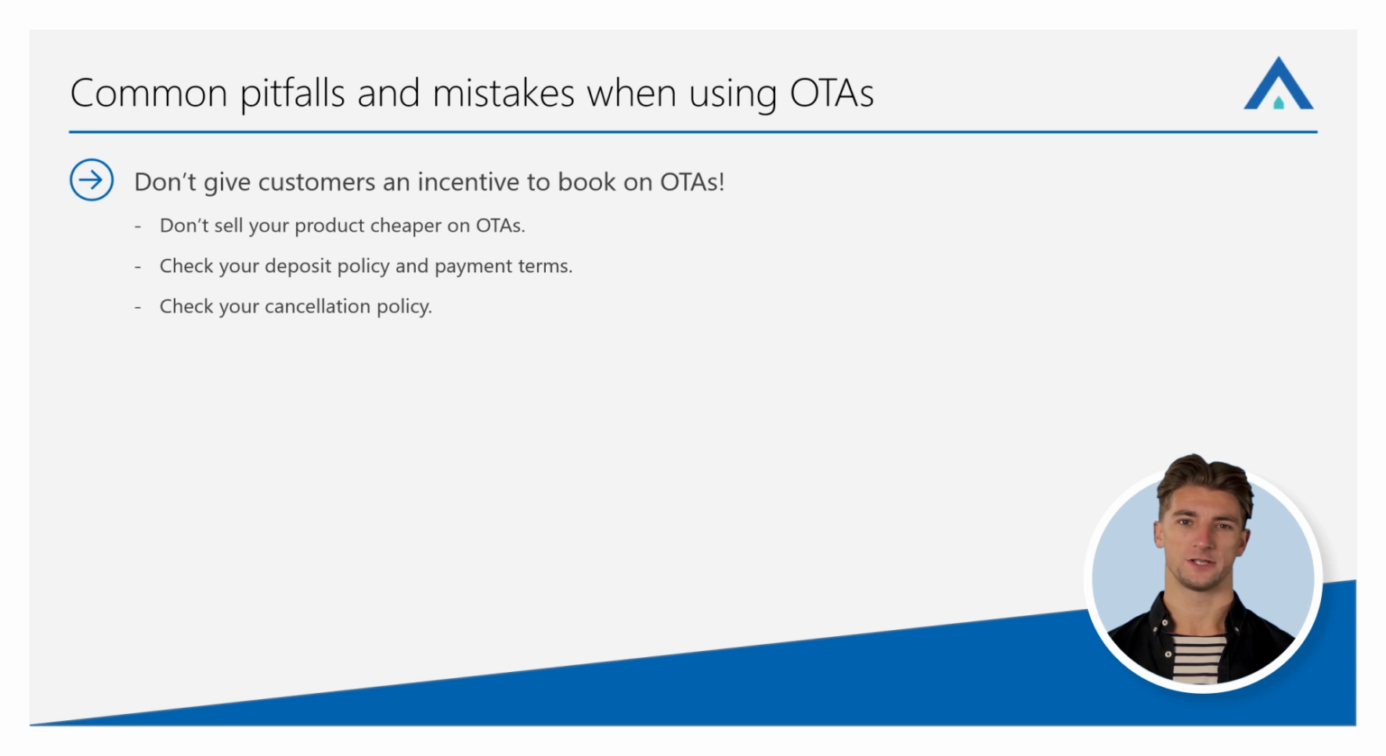For example, Pitchup usually takes a 15% non-refundable deposit to confirm the booking. However, many campsites take a much higher deposit, around 30 to 40%. This provides customers with an incentive to book via Pitchup, as the customer will only lose 15% if they decide